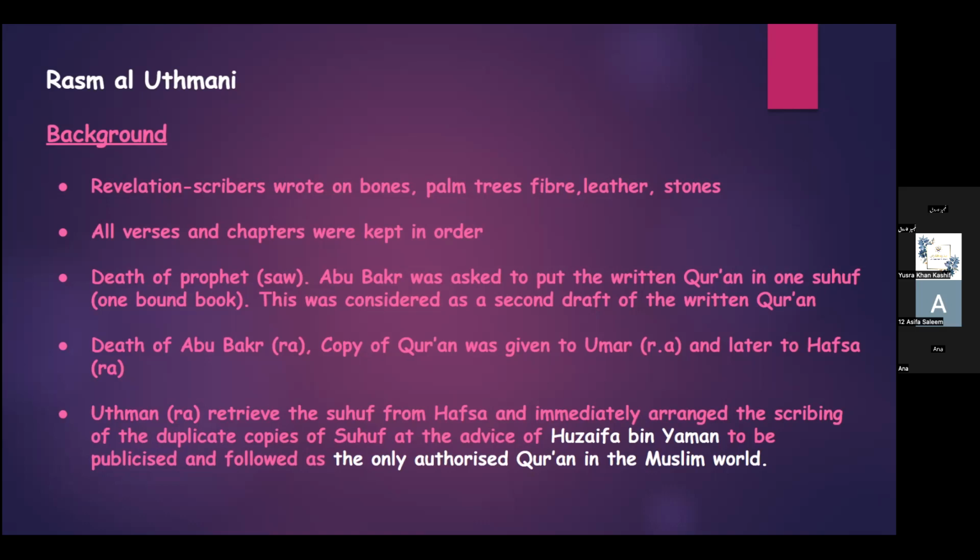The background of it was that during the time of Abu Bakr radiyallahu ta'ala anhu, battles took place because some of the Muslims from other regions started going back from Islam. They started becoming apostates, leaving Islam. So Abu Bakr radiyallahu ta'ala anhu engaged with them in battles, fought with them on the issue of zakat and the like. And resultantly, what happened,